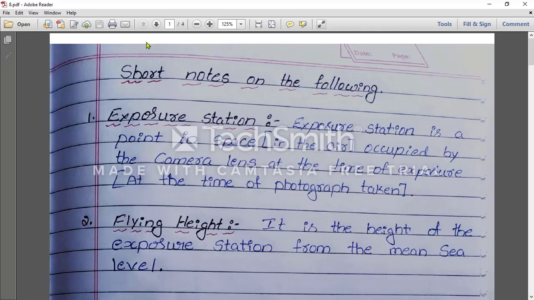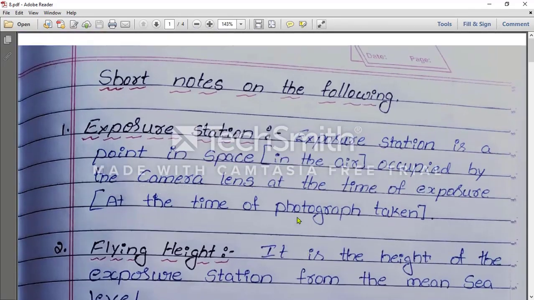What is this exposure station? Exposure station is a point in space or in the air occupied by the camera lens at the time of exposure, or exposure means at the time of photograph taken. So exposure station means if you consider